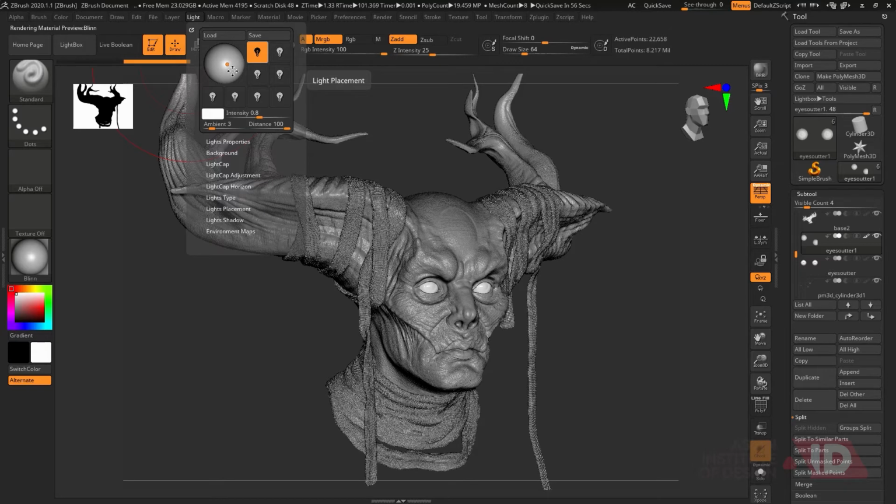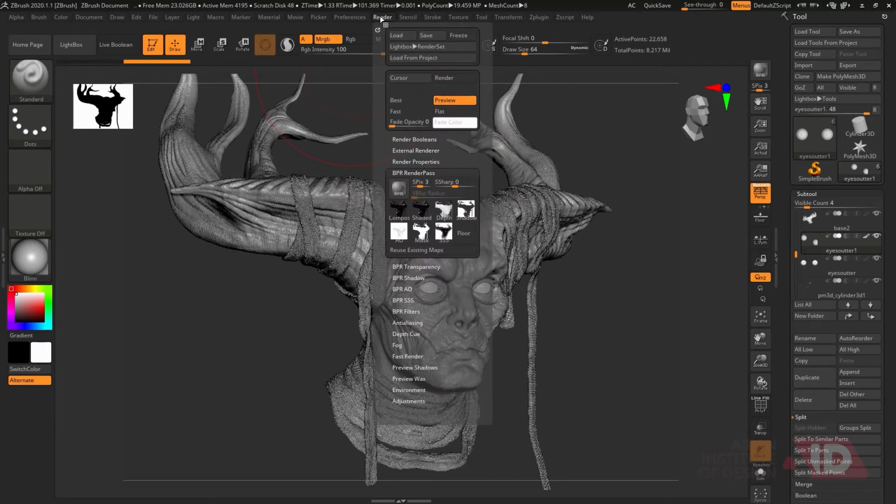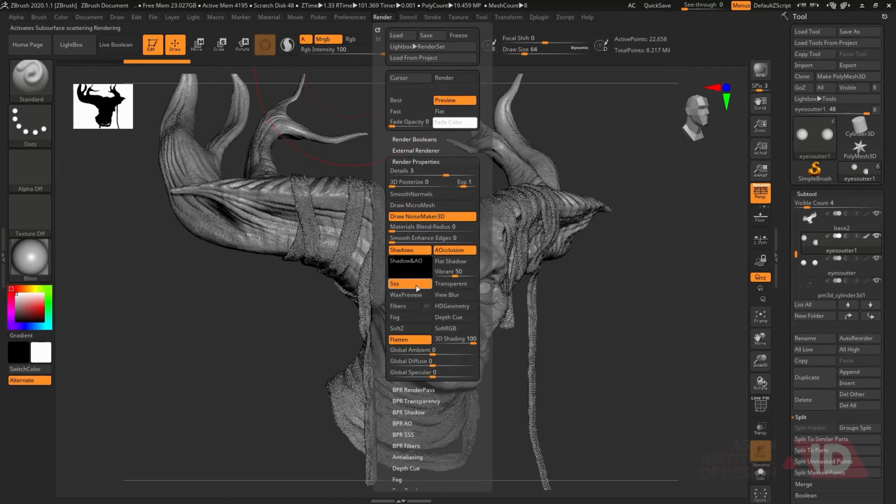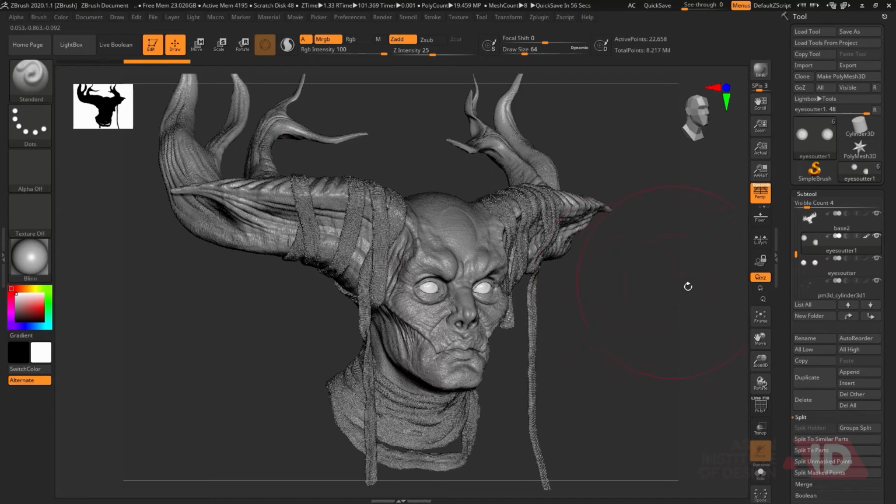So just because this render is, I'm going to use it only for reflection. So I'll just select that and make sure whenever you are happy with the reflection, or you can use multiple lights here also, you can create multiple highlights, that's totally fine. So I'm just happy with this. Then I'll go to renderer and go to my render properties. I don't want triple S, I don't want occlusion for this, I want reflection and I want shadows and all. So I'm just going to go ahead and render it.